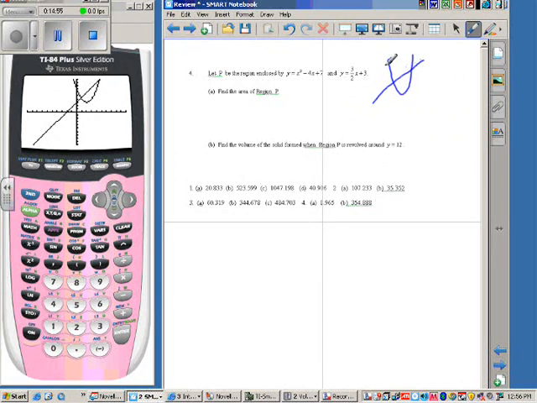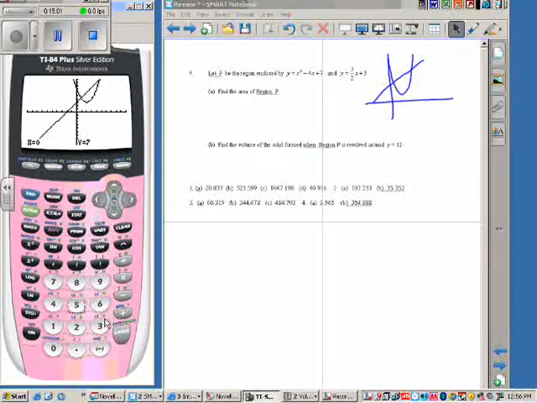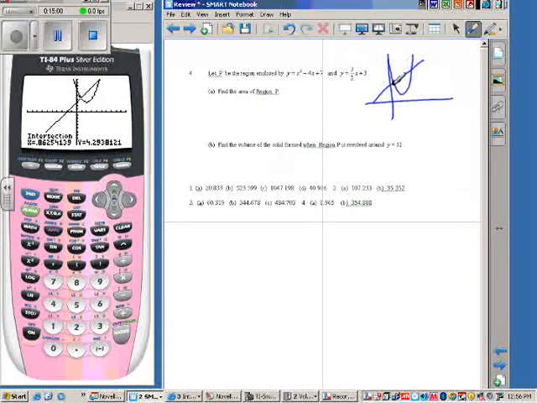I need to find those intersection points. So second trace, number 5. Enter, enter, enter. Ooh, ugly intersection points. Okay, so I'm going to call this point right here point 1. Point 1 I'm going to call AC, and it's equal to